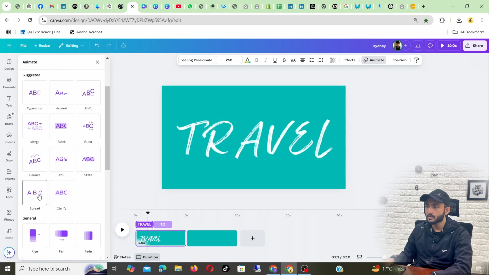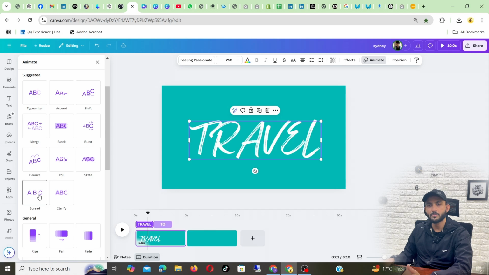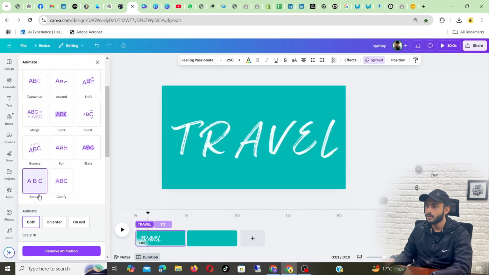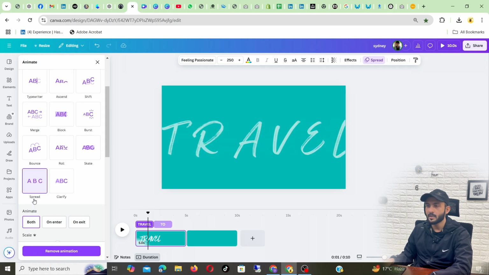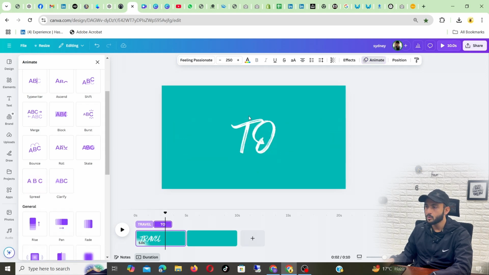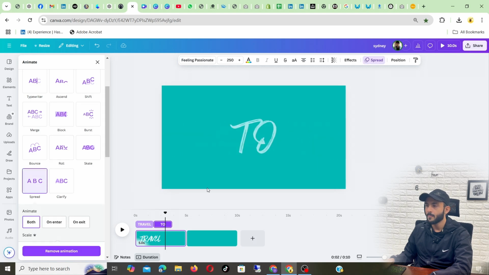So I think this looks the best for travel kind of stuff. So travel, this is a spread animation. Okay, and then for the 2 word, again select 2 and click on spread. Okay, so now we have these 2 cool looking words here,